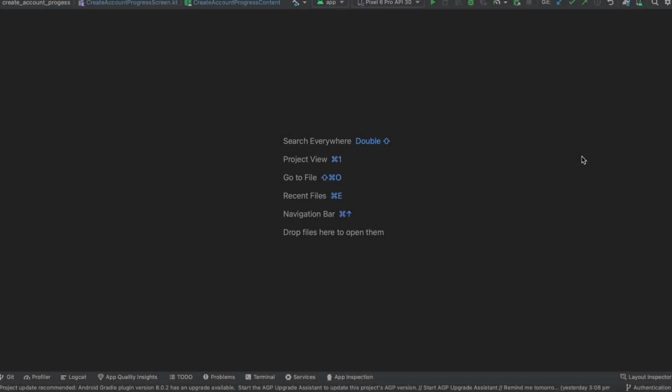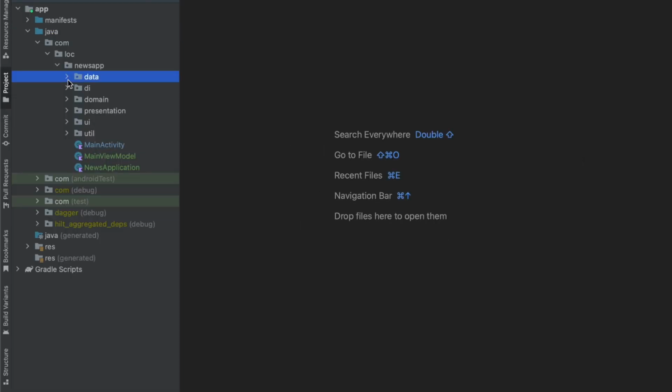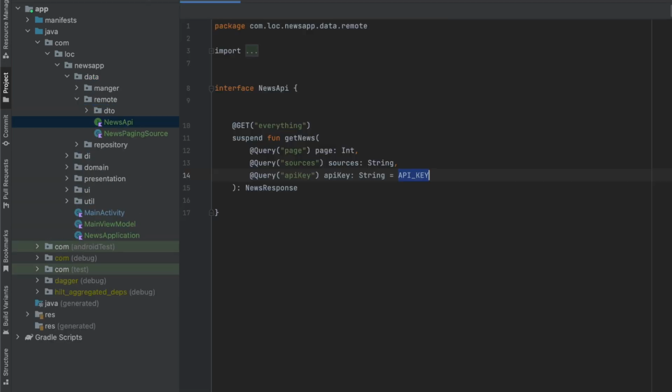In this video, we will work on the search functionality of our app. So we will build the search and news paging source as we did with the get news paging source. So first of all, we want to go to the data layer, news API,